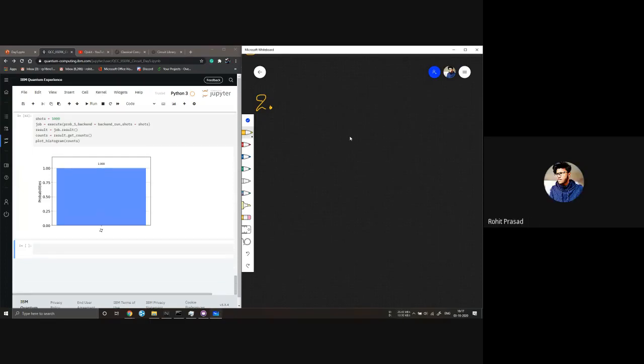Okay. So let's say I have a 2 qubit system, Q0 and Q1, and I have an H gate here, and I measure only this qubit, and I have only one classical register.